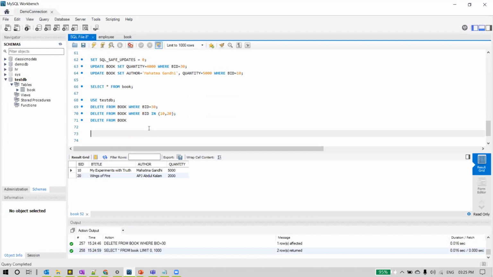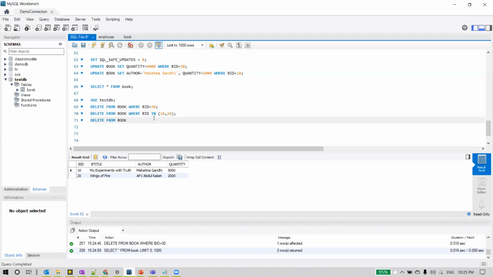And now I wanted to delete more than one row from the table. So how to do that? We can also delete more than one row from a table by using a condition like this. If you have some list of values to match, and you wanted to delete if this condition is true.